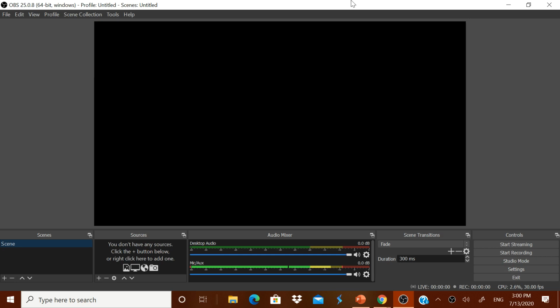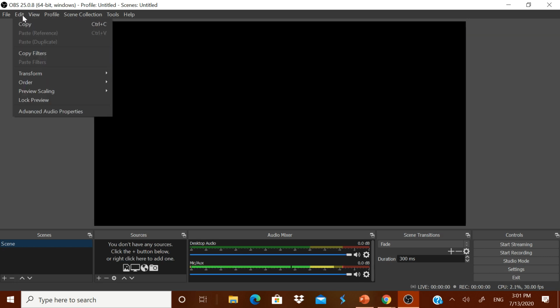Now this is the first screen of OBS. It is totally blank, totally black. You see here the duration, 300 minutes it is giving. You have one desktop audio and mic. Desktop audio means the audio coming from your computer, the system sound. This is moving because I am talking with you now. If any sound file is playing in your computer, this desktop audio will move. Now I will do it very quickly. Please play around and find out how to use this OBS. It's very simple. But before you start, we have to go to edit.